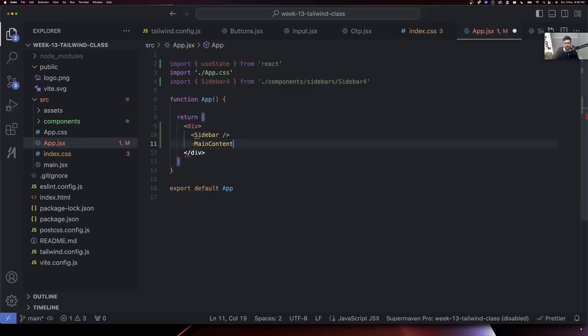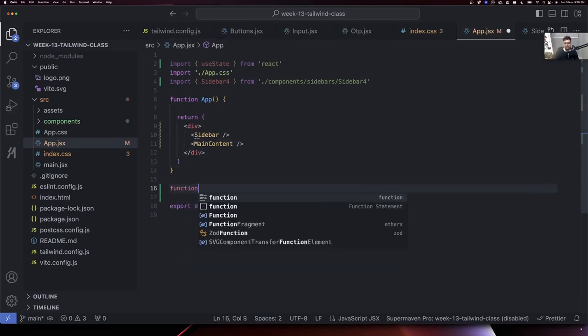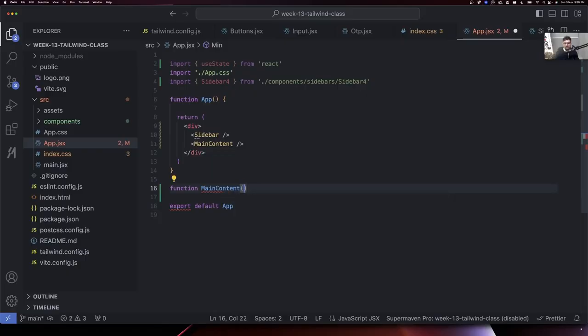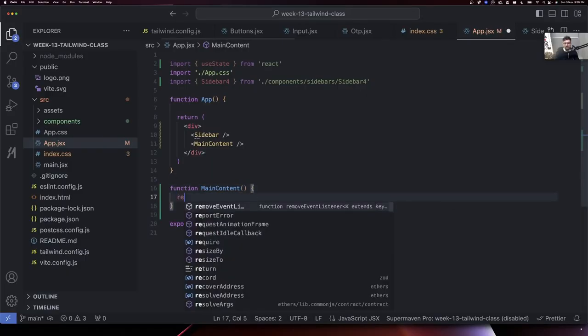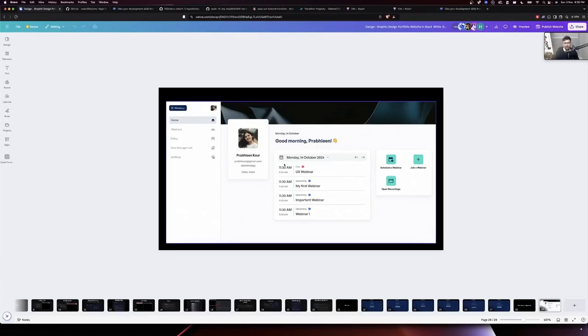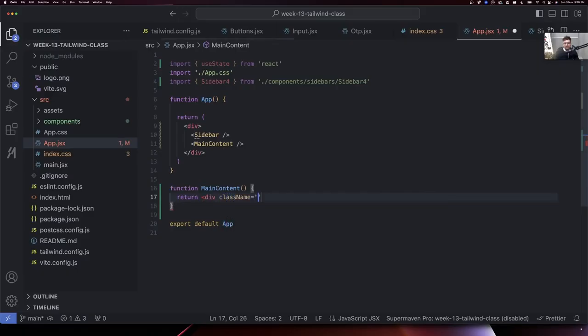What we want is a sidebar. We want the main content, and the main content is going to be nothing but a div with className equal to